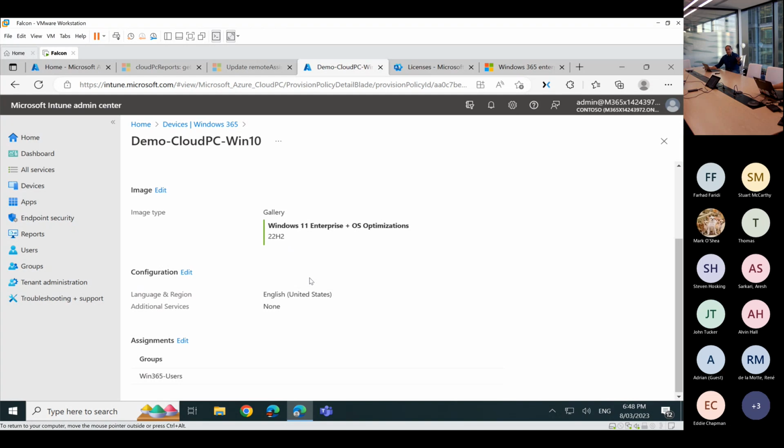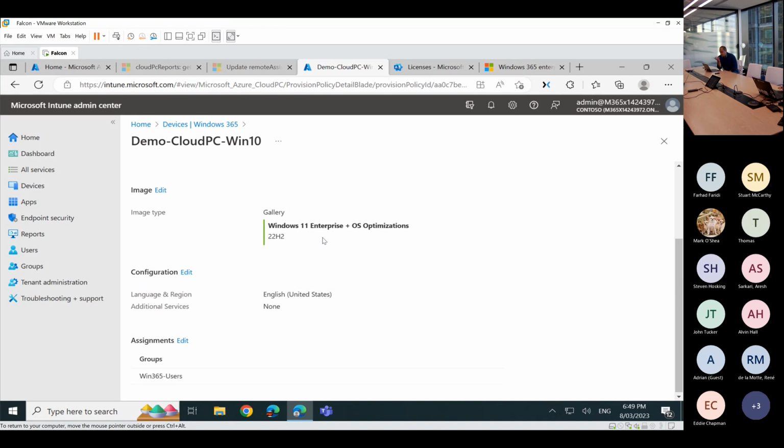I'll give you an example. When I created this provisioning policy, I had started with Windows 10. Then I went back and modified this particular operating system to Windows 11. What it essentially means is when you change the operating system out here, it doesn't mean that the old PCs become Windows 11. No, you have to reprovision all of those particular PCs which are on Windows 10, or don't reprovision, and you can update them through the feature update in Intune. All the new desktops, after you've selected Windows 11 22H2, will be all Windows 11 plus OS optimization.